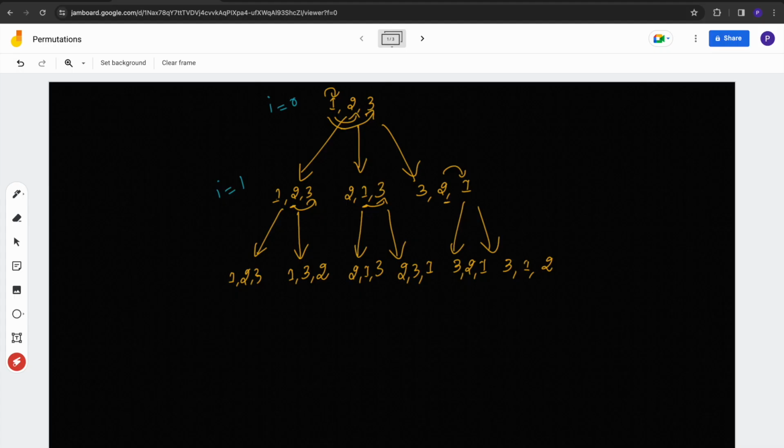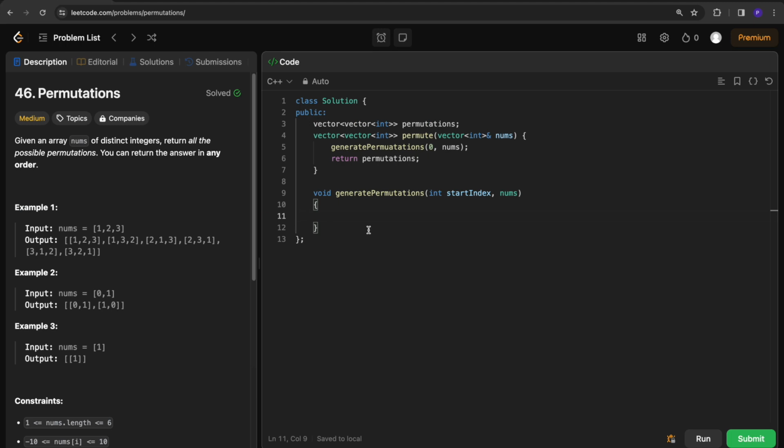As we have noticed here, we will perform swapping from 0 to 1. So if we reach i equals 2, that means n minus 1, there are 3 elements here, n is 3, and at this position we don't do any swapping. So we will continue swapping only till i equals n minus 2. So we will check